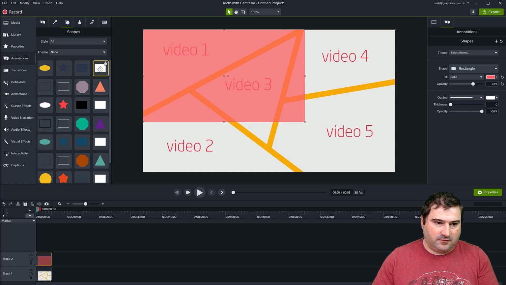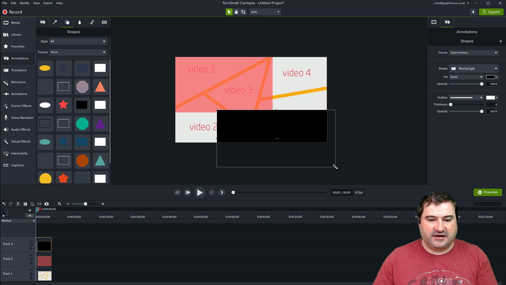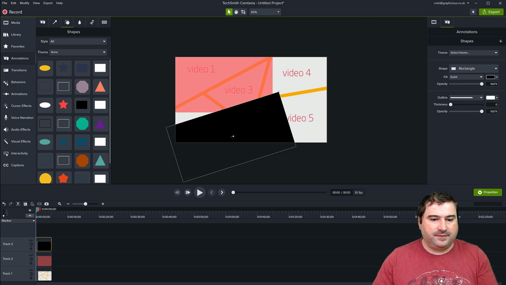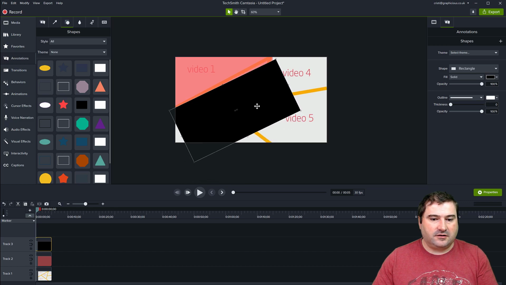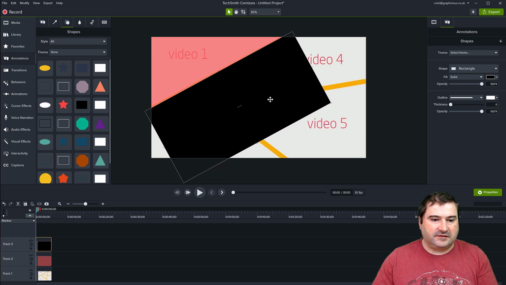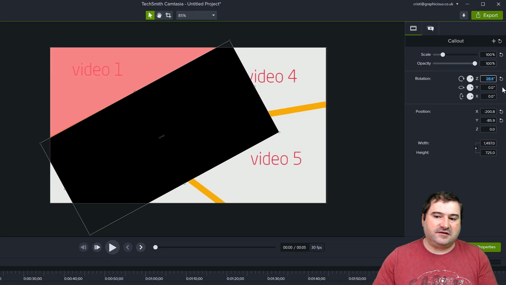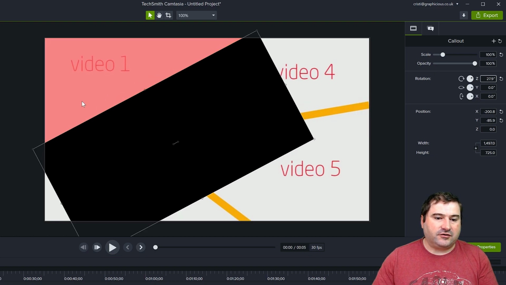So I'm going to use another one just like this. So what we're going to do is just create one shape with another shape. So let's choose this black one. Really, again, the color doesn't matter. Let's resize it and rotate it until it matches this line here perfectly. You can zoom in if you need to and just turn this around like that and place it here like this. I may not be very accurate with this, so you can go to the rotation controls, click inside of the Z, for example, and just use your arrow key to slightly twist and turn this object.